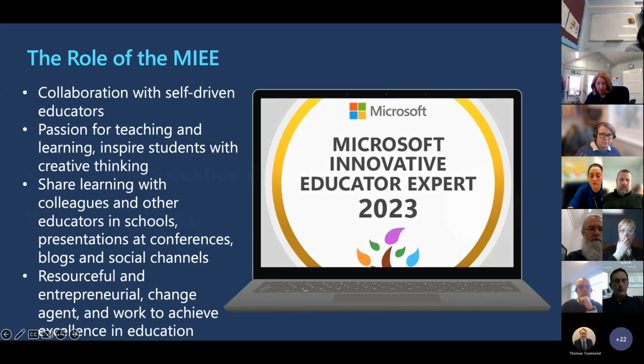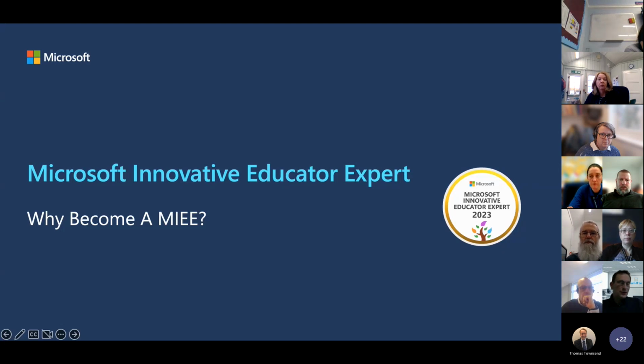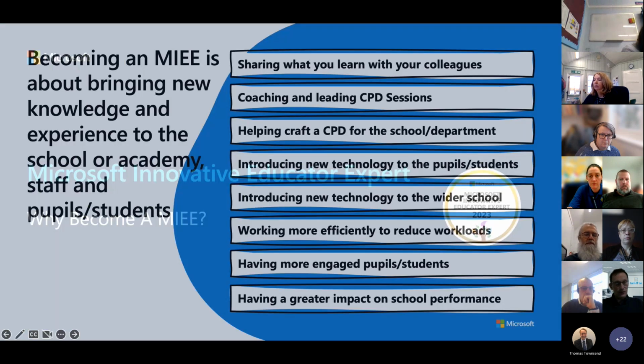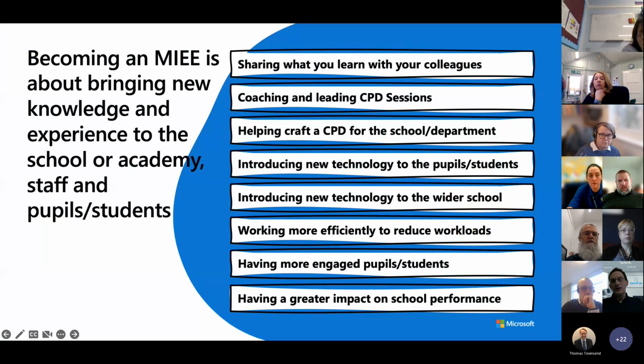Then, as soon as you've got through the what on earth is an MIEE, well, why do I want to do this? Why am I going to work towards getting the MIEE accreditation? Well, there's lots of reasons, really. But the first is normally that you want to develop yourself. And then as you develop as an individual, acquiring new skills and knowledge, you're either going to help those immediately around you. So sometimes that might be, if you're in a primary school, a phase of education, or it might be a subject. But in secondary, it might be that you're working within a faculty, like a technology faculty.